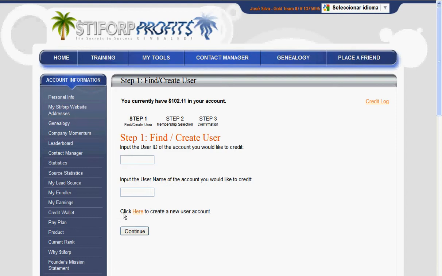This second option is only for people that are not paying members. Let's work with a paying member, and I think it's safer to use the user ID. Any paying member has an ID.